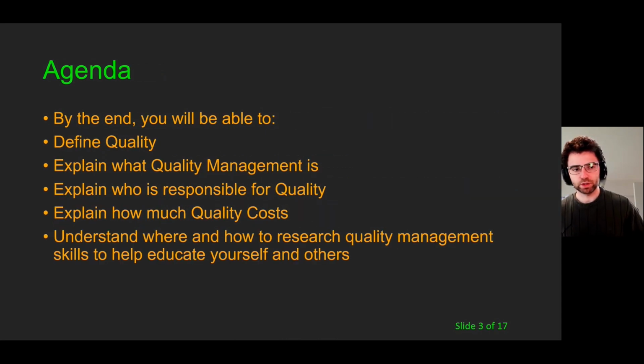So the goal of today's presentation is really to help you better understand exactly what is meant by quality. And there are a few definitions, some formal, some more informal, to help you understand just what exactly quality management is. A lot of folks might have heard talk of quality, especially folks that work in the health sciences, but there is actually a universal definition and explanation not only of what quality is, but how to properly manage it, regardless of what the project management environment you're in, right?